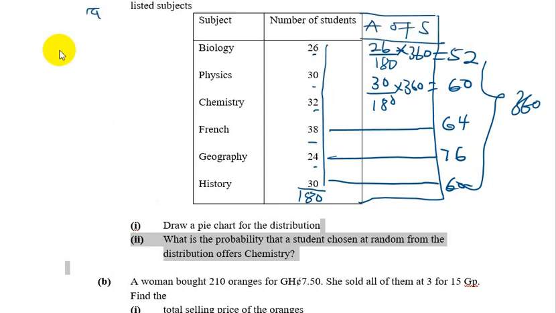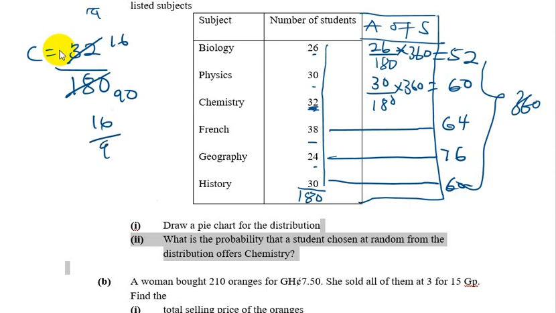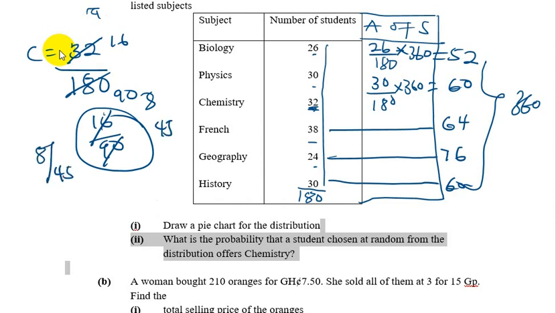Now, it says, what is the probability that a student chosen at random from the class offers chemistry? Chemistry is what? 32, right? So we will pick chemistry 32 over the total number of students in the class. So that's 180. We can cancel. 2 goes here 16, it goes here 90. So 16 on 90. If you can still break this one down, you can break it down more. So 2 goes here 8 and goes here 45. So 8 over 45 will be the probability that a student picked at random